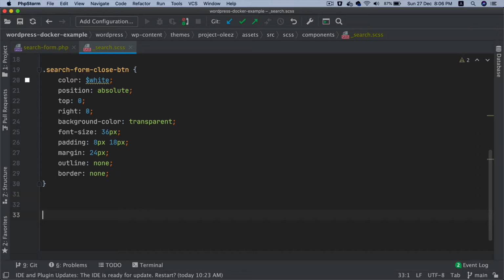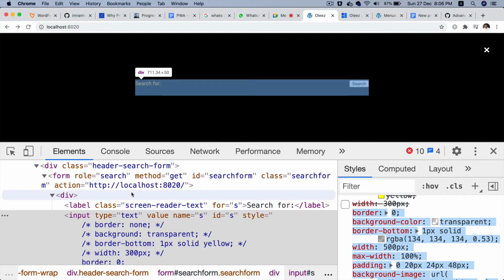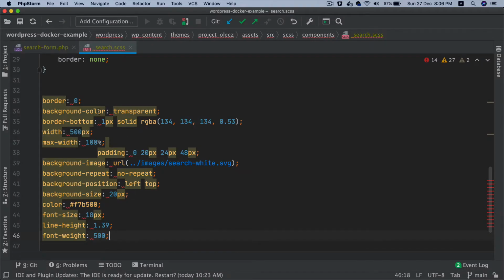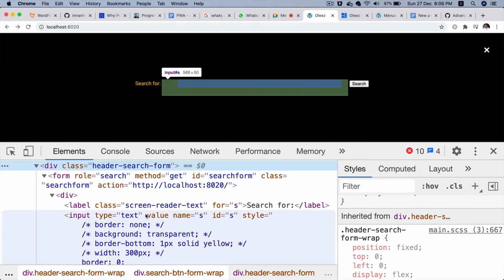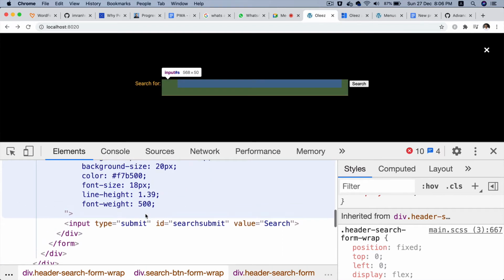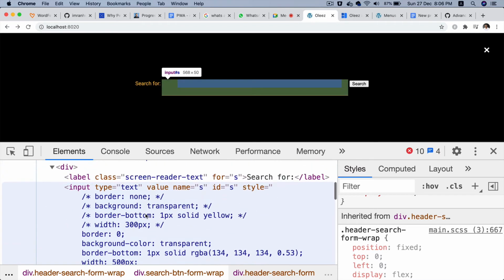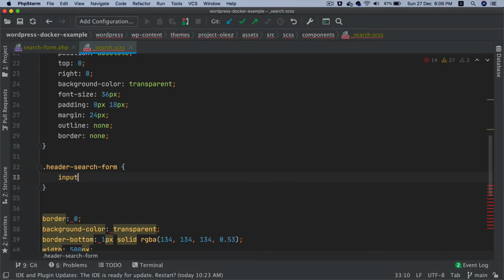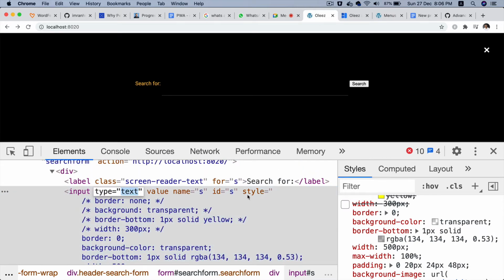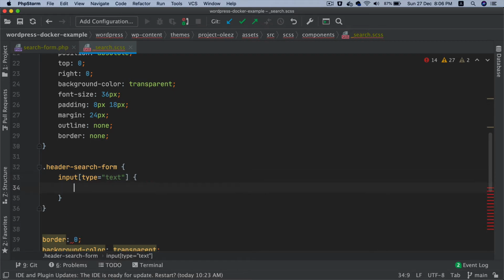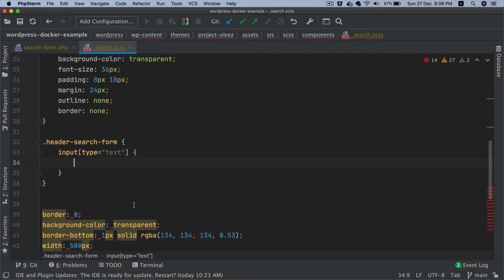So this doesn't have a class just yet. I'm going to paste this over here right now, and then I'm going to take this header search form, which is this, and then I'm going to do, how many inputs are there? Well, there's type equals text. So if I do just input, it's going to add the style on both. I don't want that, so I want to do type equals text. So if you want to target something by the type, because it doesn't have a class name, right? So you can target it like this, and then I'm just going to copy the whole thing